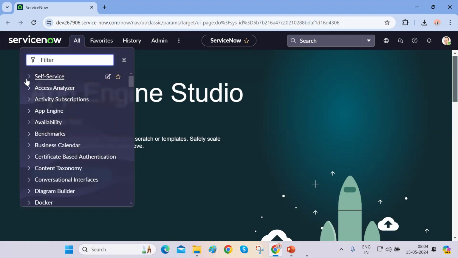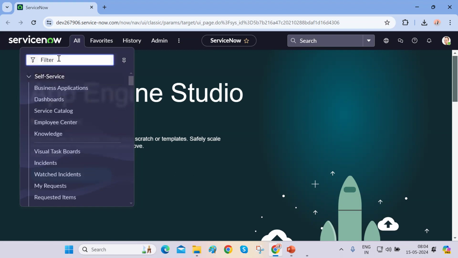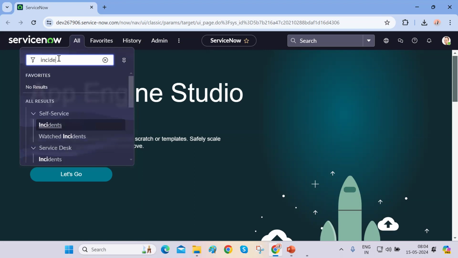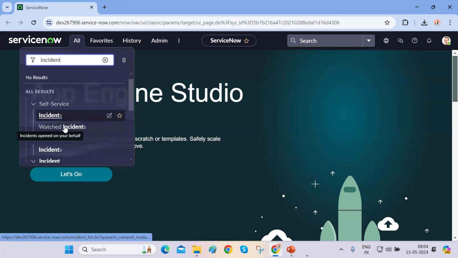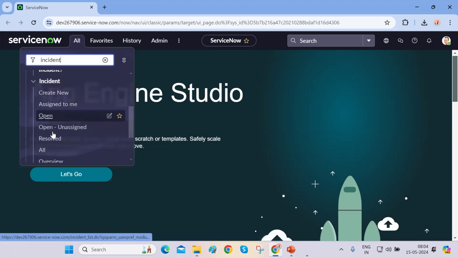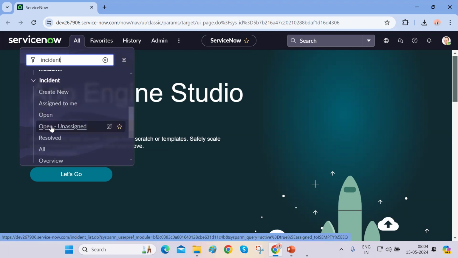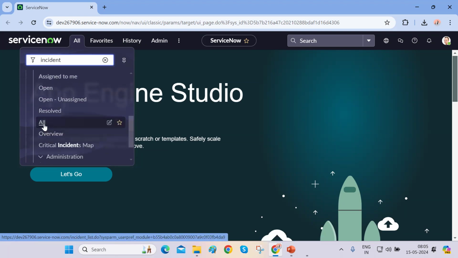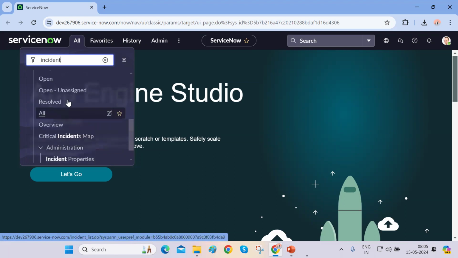You can try to search for your required module. Let's say you want to work on incident form. So you can search for incident and it will give you the results. And inside a particular application, we have so many modules to create a new incident, open the incident that are assigned to me, open the incident that are in open state, open the incident that are open and unassigned. Sorry, open all of the incident that are in resolved state, or open all incident irrespective of the state. So these are some of the modules which you can